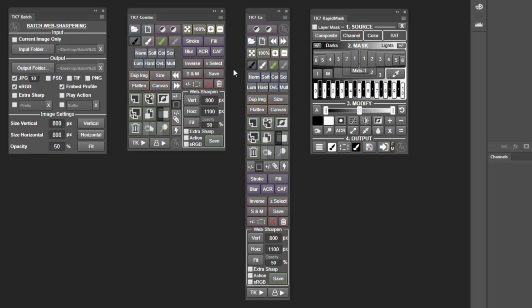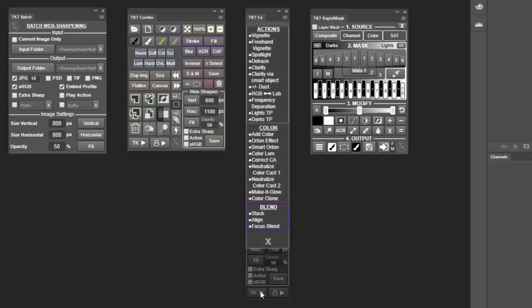Some of the biggest changes are in the TK Actions menu accessed by clicking this button. This menu has 3 sections: Actions, Color, and Blend, which describes the various actions in each group. New to the Actions menu in TK7 are Freehand Vignette, which allows you to draw your own vignette with the lasso tool; Spotlight, which makes it possible to easily add highlights to the image, again using a shape defined by the lasso tool;